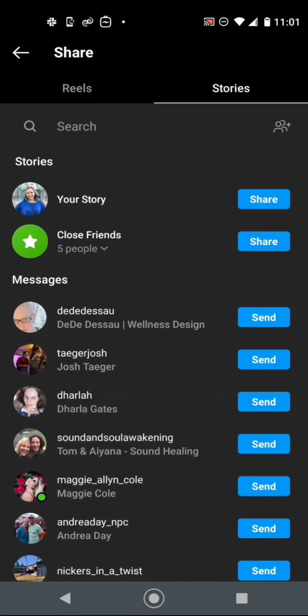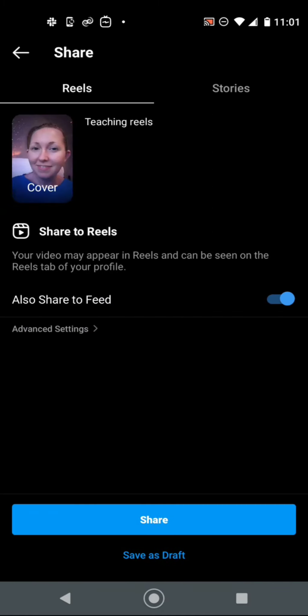And then you can post it to your stories. You type in your captioning, your hashtags, all that good stuff, and then share to Reels. So I hope that that helps. And you can also make sure to untoggle that where it says also shared feed. And that way it will go to your feed, or if you untoggle it, it will not